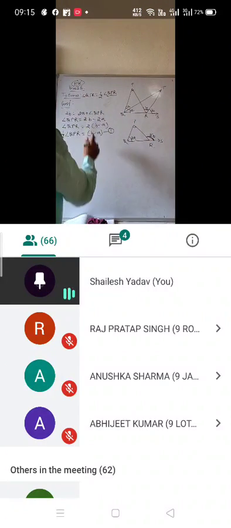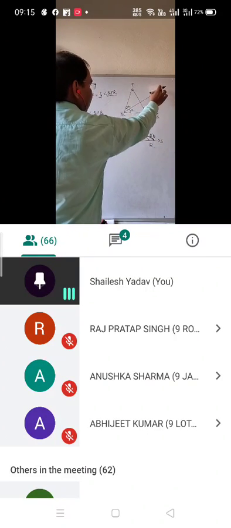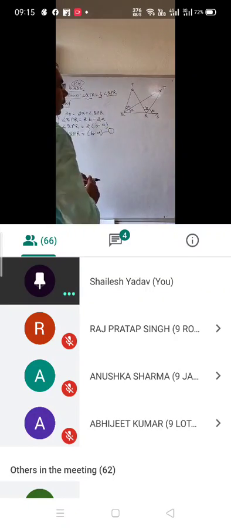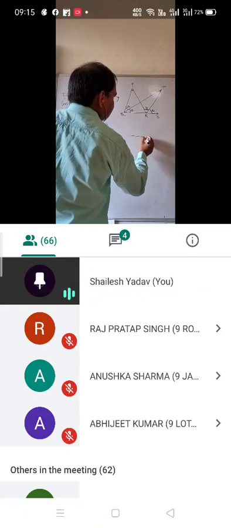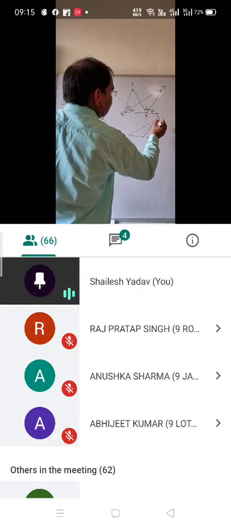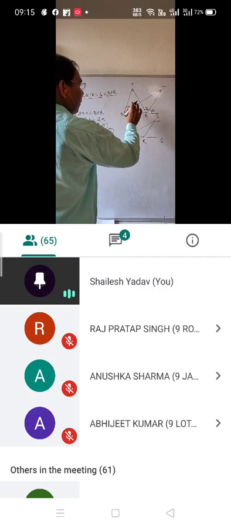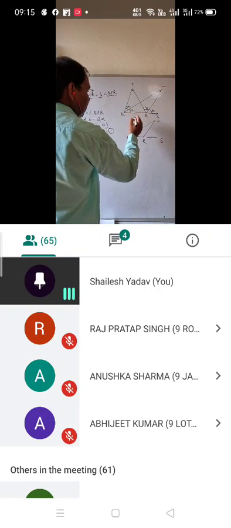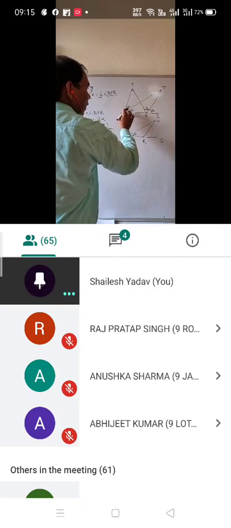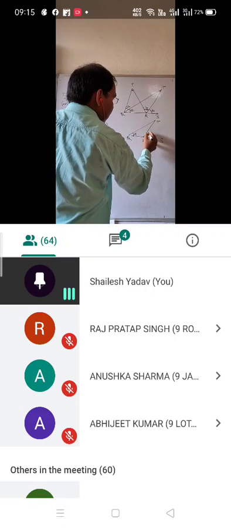Now I need to find the angle QTR also. So angle QTR you will get in the triangle QTR. I am going to draw the triangle QTR separately. If you draw triangle QTR separately, it will be like this. Here it is T, it is Q, it is R, and here it is S. What is this angle TQR? Angle TQR is A, and angle TRS is B.